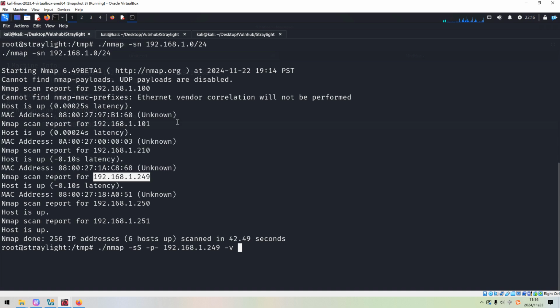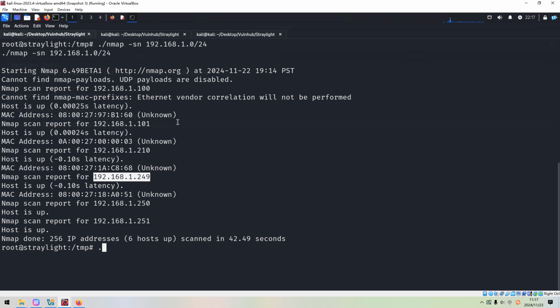So what can we do next? We need to identify the service, or even the version information. But the uploaded binary doesn't have anything to run, like the default script scanning.